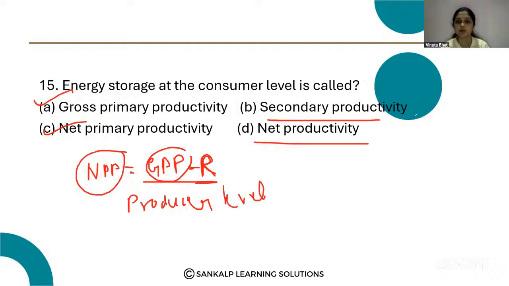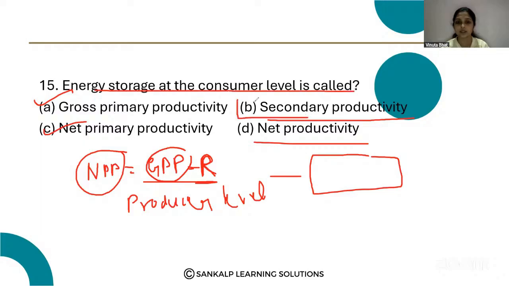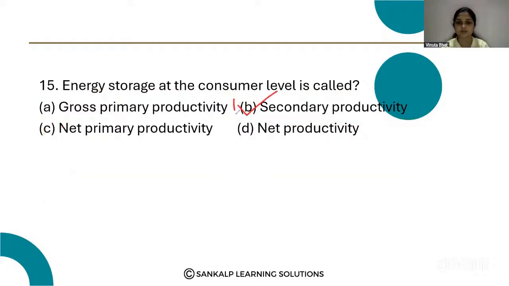The secondary productivity is the new organic matter produced at the consumer level. The energy storage at the consumer level is called secondary productivity. Option B is the correct answer, that is secondary productivity. So how do you define secondary productivity? The total amount of new organic mass produced at the consumer level is called secondary productivity. Okay,